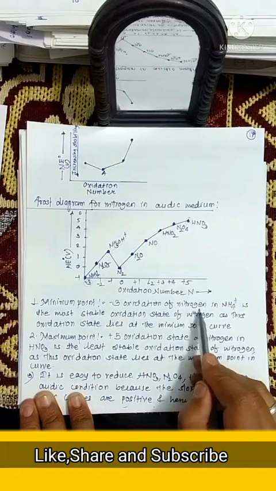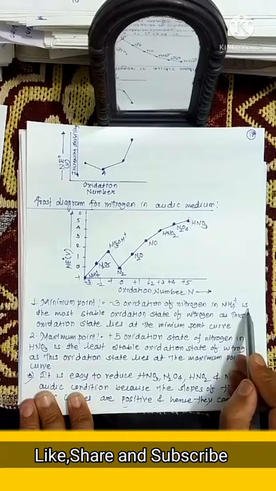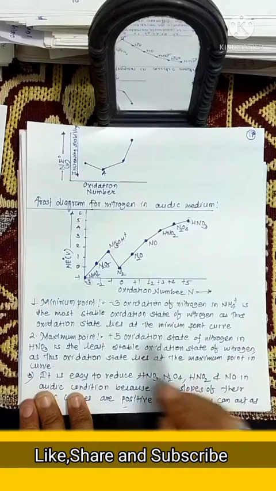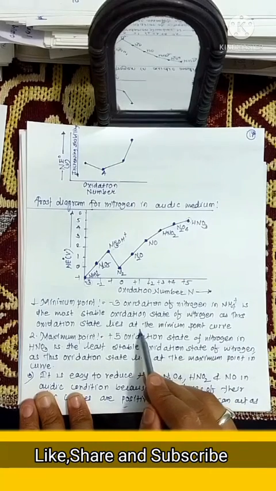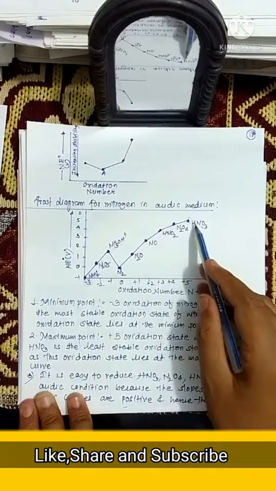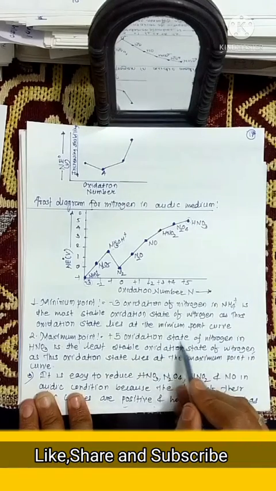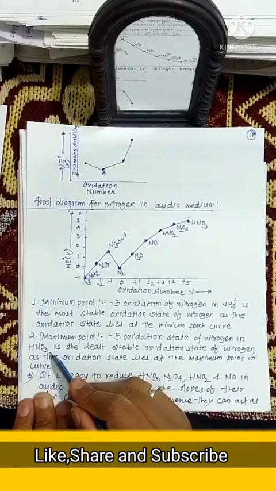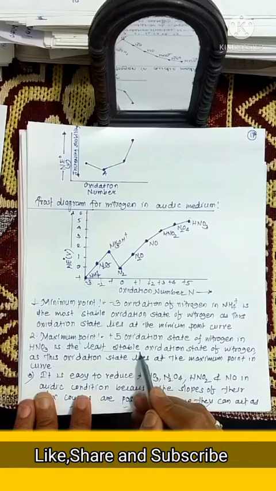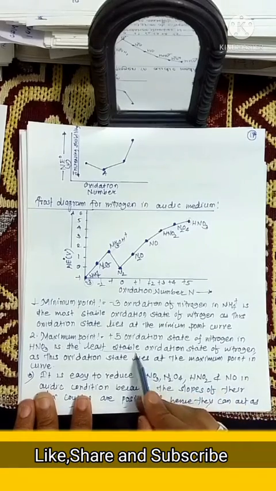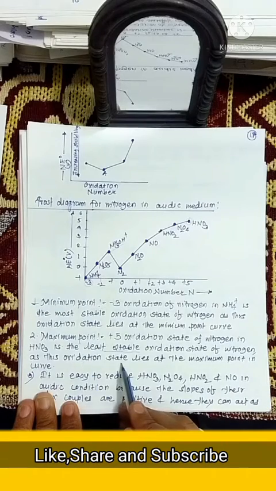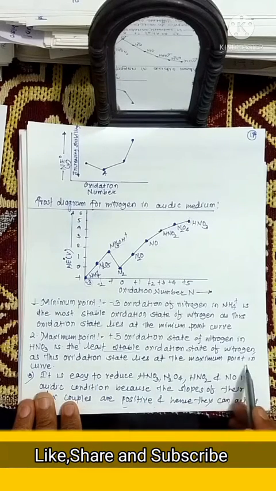The -3 oxidation state of nitrogen in NH4+ is the most stable oxidation state of nitrogen, as this oxidation state lies at the minimum of the curve. What is the meaning of the maximum point? The +5 oxidation state of nitrogen in HNO3 is the least stable. It is important. It is the least stable oxidation state of nitrogen, as this oxidation state lies at the maximum point